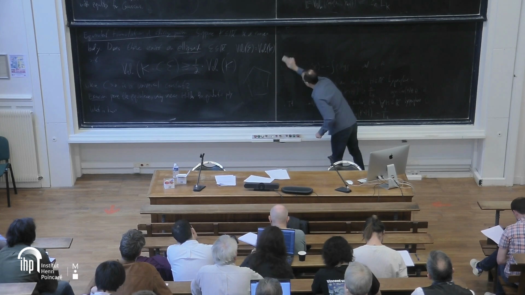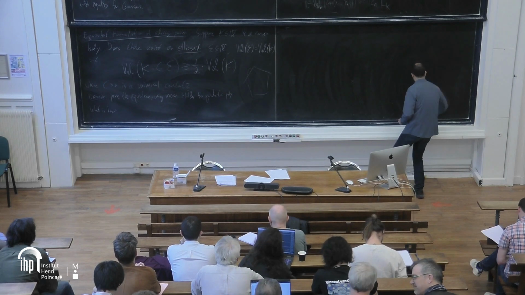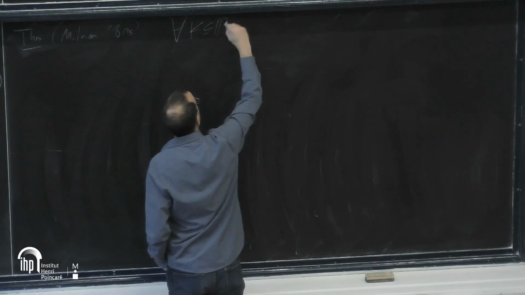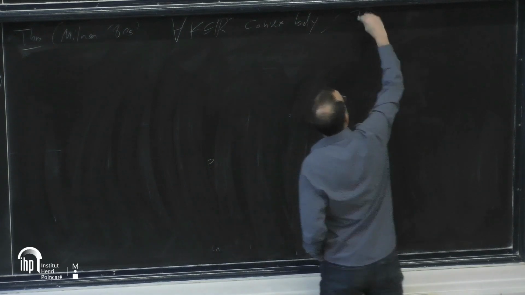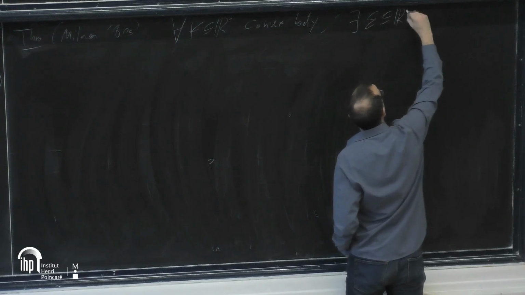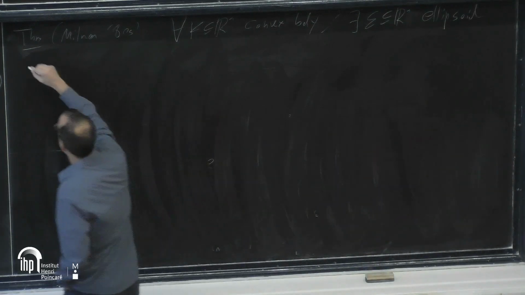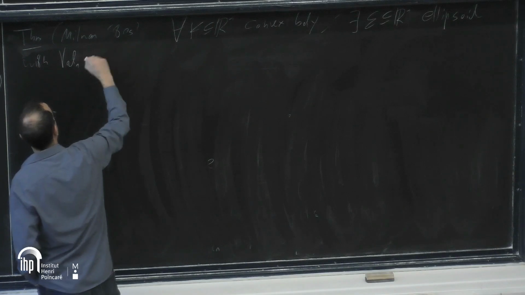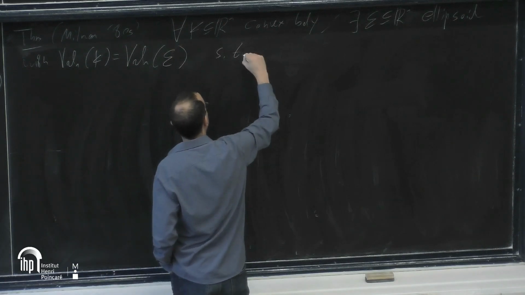So it is known that Milman's theorem from the 80s states that for any convex set K in R^n, there exists some ellipsoid of the same volume such that if you take the intersection,